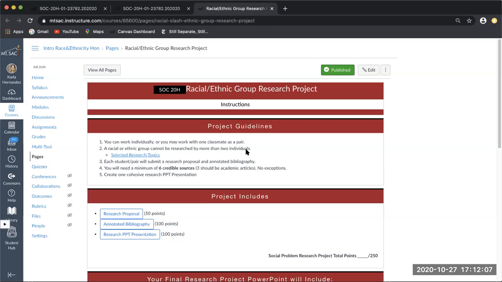One thing I do want to point out, make sure you understand the difference between a racial and ethnic group. A racial group is a homogenizing category. It's an umbrella term that includes different groups of people. For example, racial groups include Asian, white, Latinos.